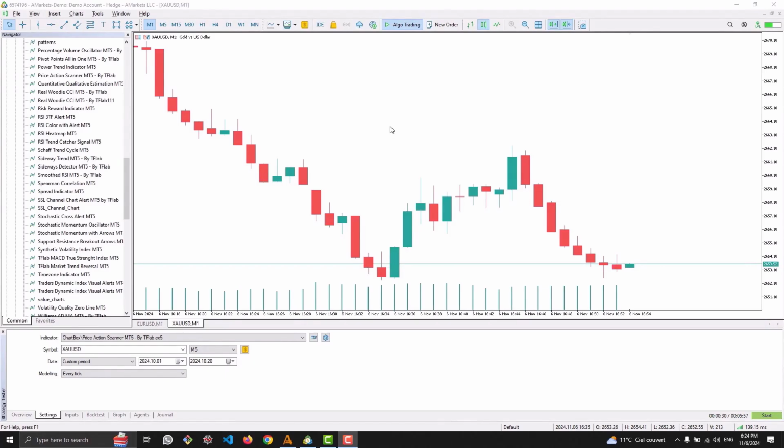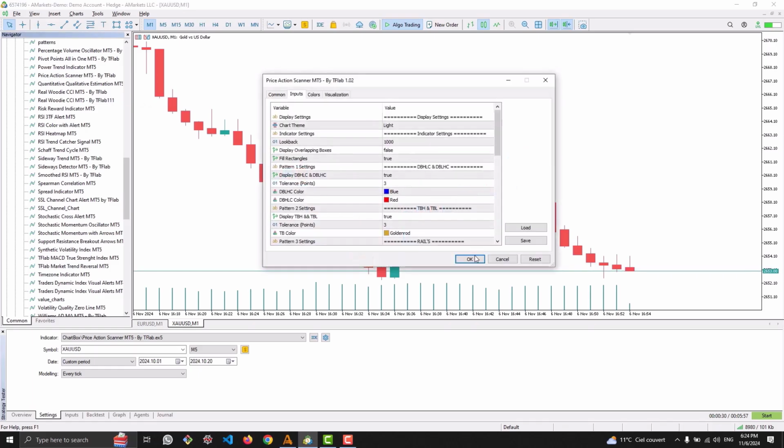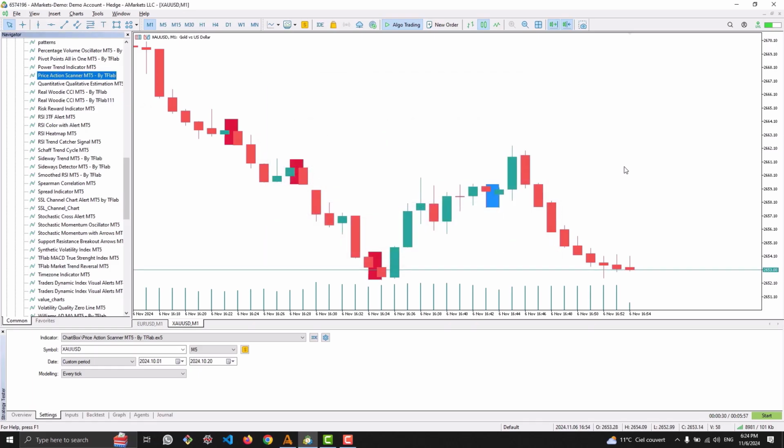Hello. In this video, I will be reviewing the price action scanner indicator on the MetaTrader 4 and MetaTrader 5 platforms. This indicator helps us identify and display 6 of the well-known candlestick patterns on the chart. These candlestick patterns include double high lower close and double low higher close, 2-bar high and 2-bar low,